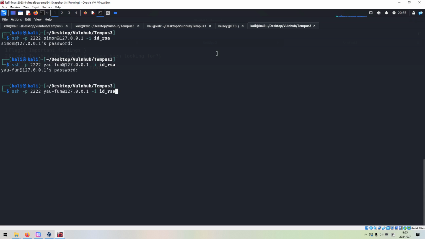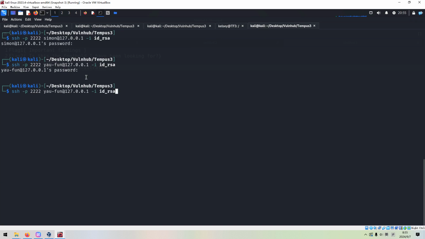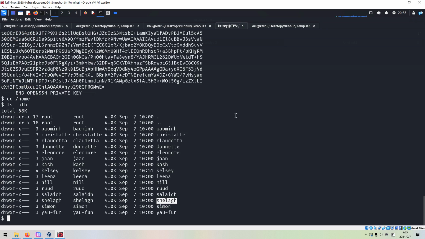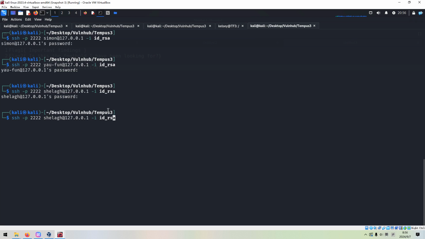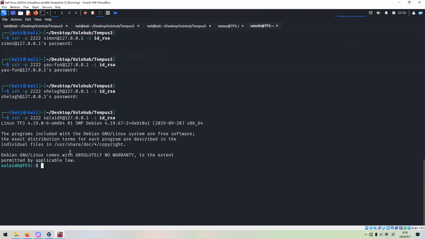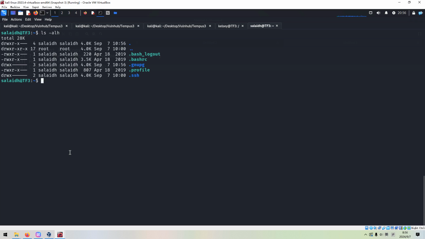Doesn't work. Next we can try this user. This is taking time, right? But we have to do it. And then the next user. Because this machine is dynamic in nature, every time you reset the machine it changes. Okay, we are lucky. We just tested three or four users, and we get a shell of another user.